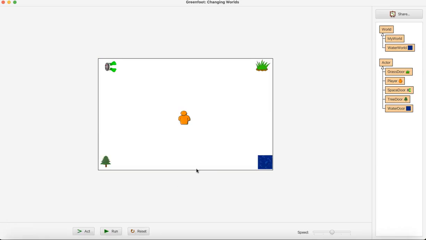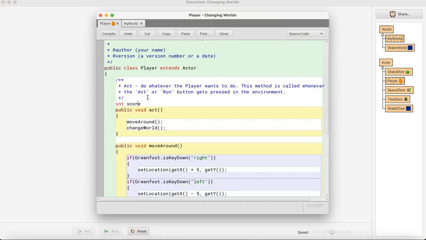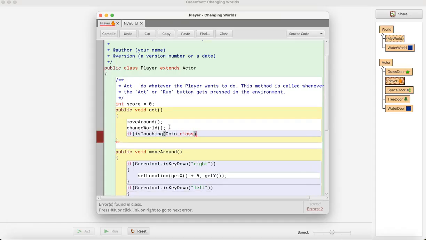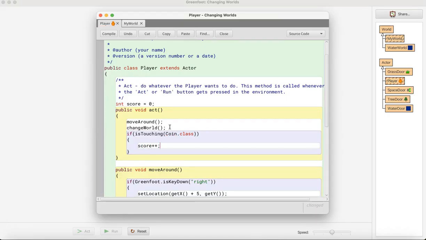Now you can do that for any of your objects, but let's say we wanted our water world to also have our player, and it's our same player. So if this player maybe had int score equals 0, if isTouching Coin.class, we don't have the coin class, but we want to have it later, we would score plus plus and